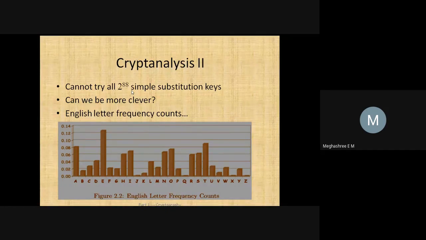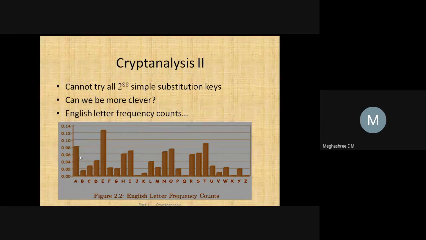Letter A, letter E, letter T, or letter S. These are the letters most frequently used in English words. Whenever you make a statement, these are the most frequently used letters in each and every word. So based on that, he'll consider the frequency count of each and every letter. It's a general representation. You can see on an average, A is used around